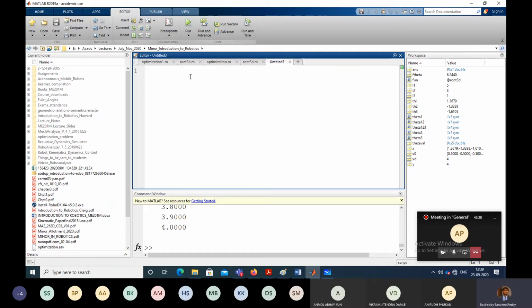This is known as a function file. You generally write it like this. Function sum f, you can put any name you want there, equals, and just give a name for this file. I'm just taking a random name.